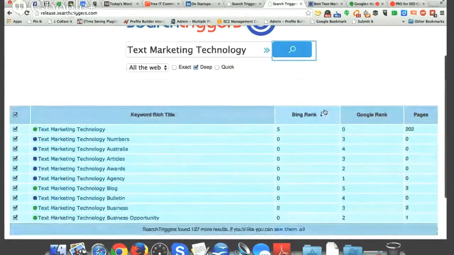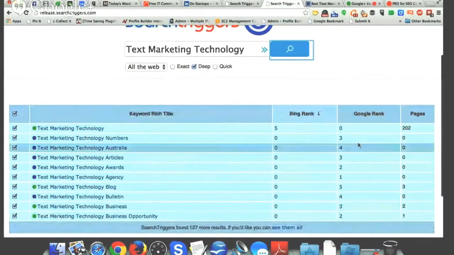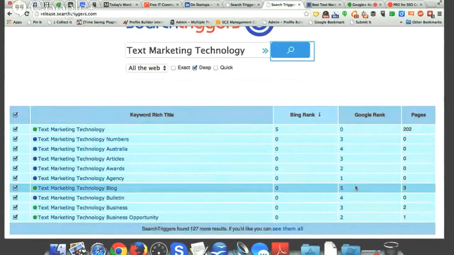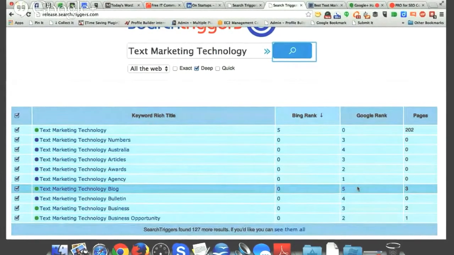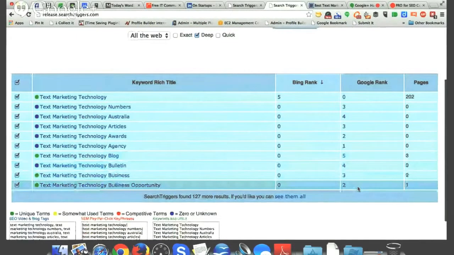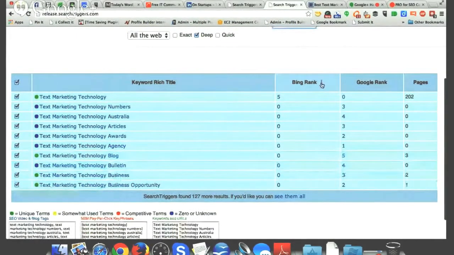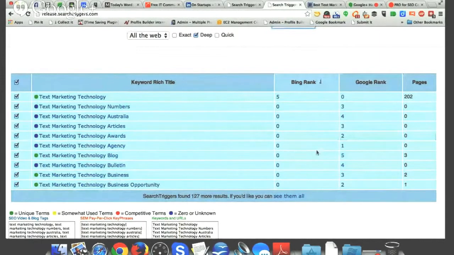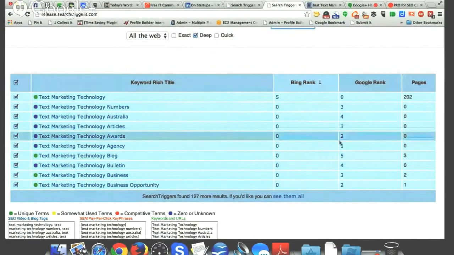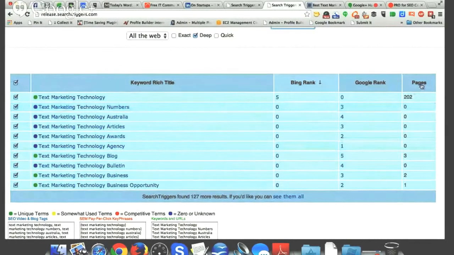So you can see search triggers found 127 more results, and if you like, you can see them all. These are the top ones: Australia, articles, awards, agency, blog, bulletin.